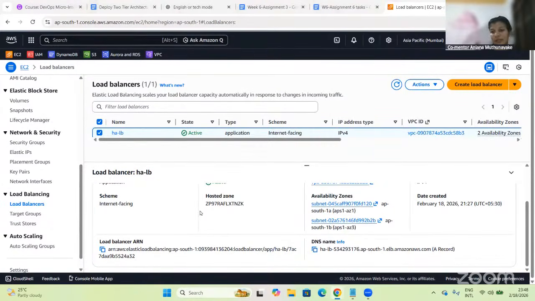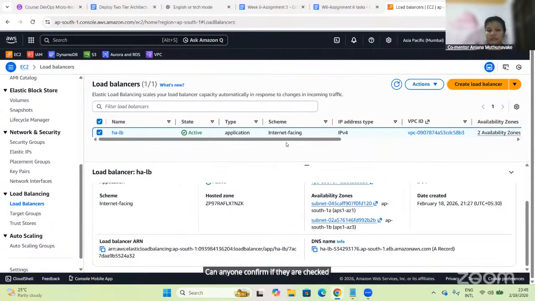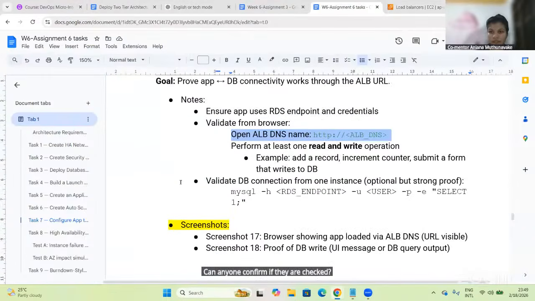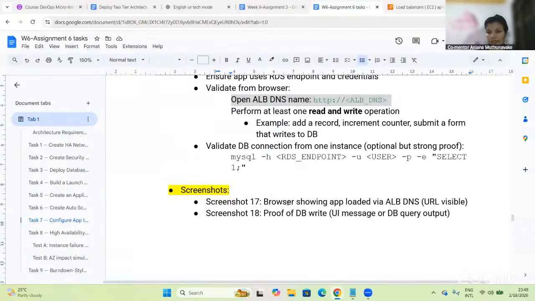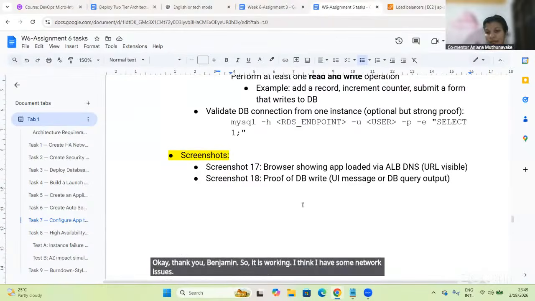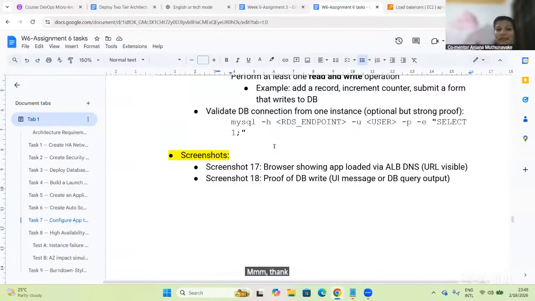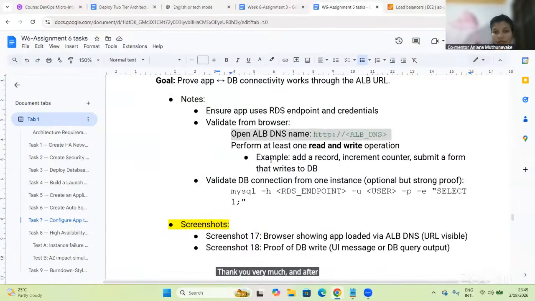Can anyone confirm if they are checked? Okay, thank you, Benjamin. So it is working. I think I have some network issues. Thank you very much. And after that, what you need to do is